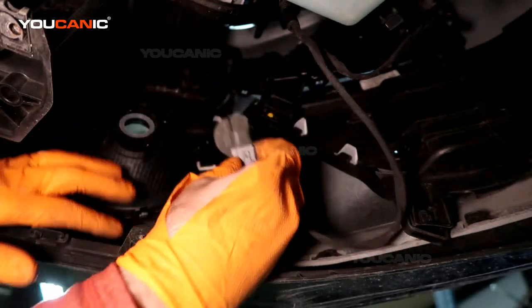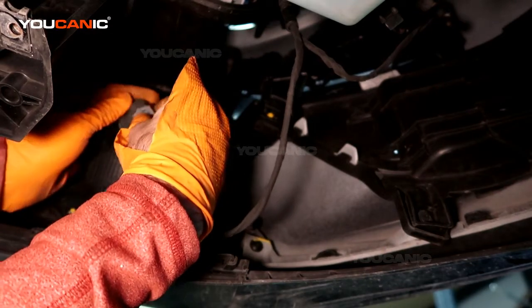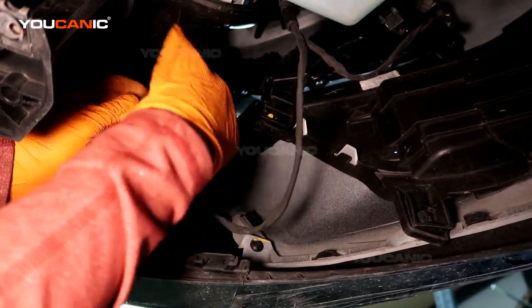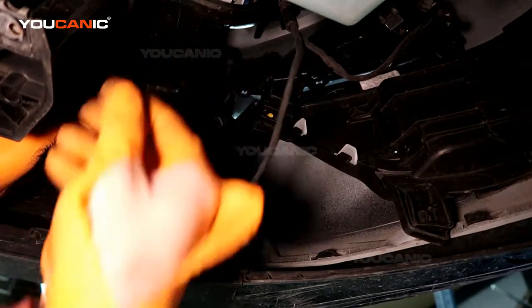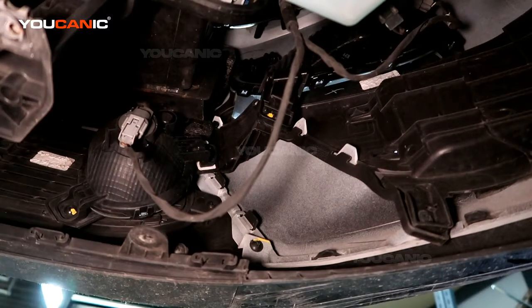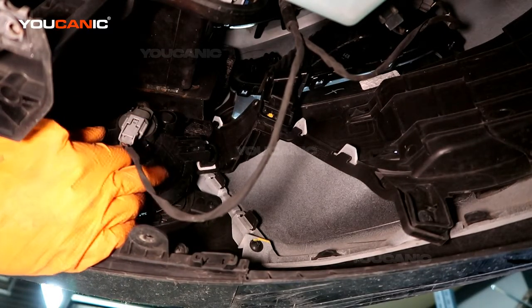Then you would just take the new one, put it back in. Just get it in the groove there, and then turn it clockwise to put it back in place. So that's how you replace your daytime running light on your